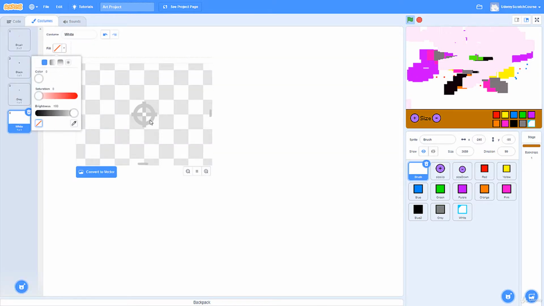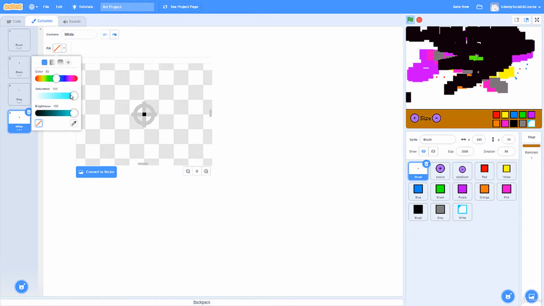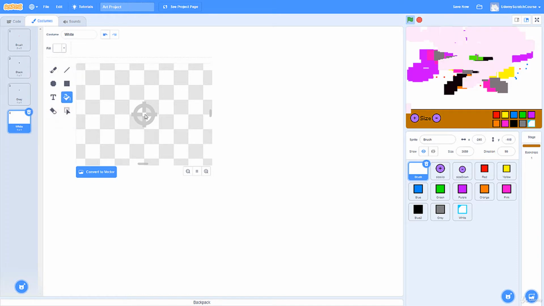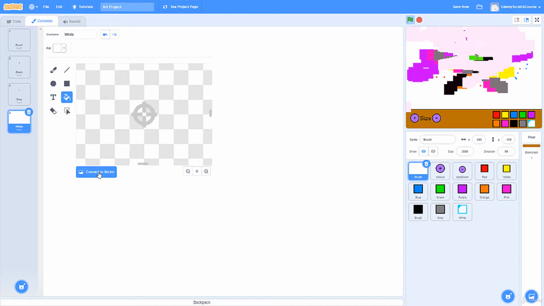I suppose I could just go. No, transparent's not gonna work. Now I think if we do white, then yeah, I think that's the best we can go because if we convert it to vector, it might. Okay. Well,